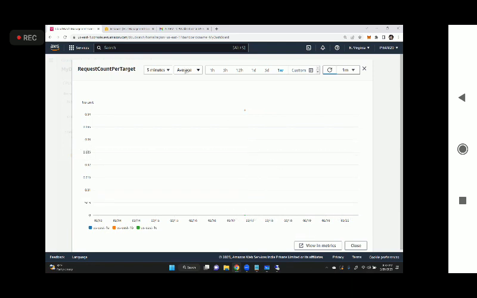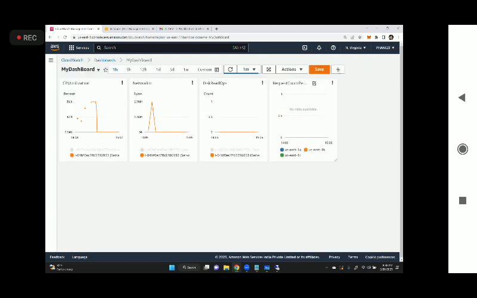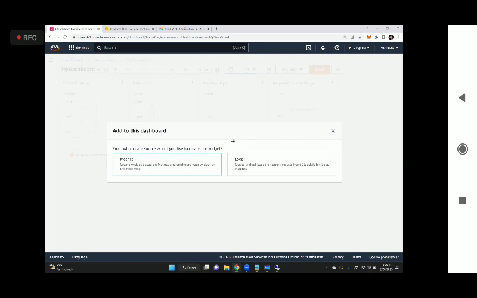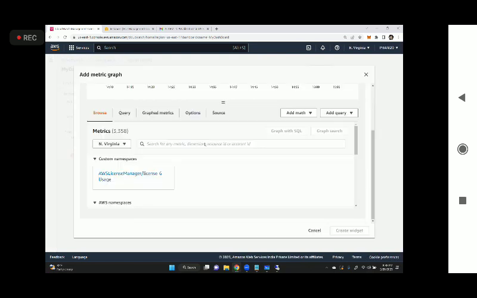Or if you want to check maximum or you want to check the sum total, you can see more. In 1 minute, every 1 minute, you can see something. Whenever you reduce the size, we can see it more clearly, like about 0.325, 0.3 requests per target. This is how you can create anything you want. Let me go with one more line metric, and here DynamoDB